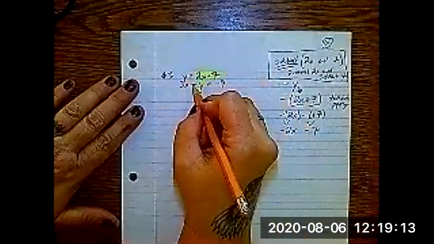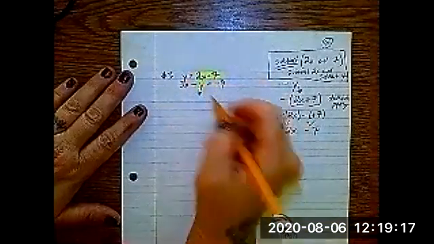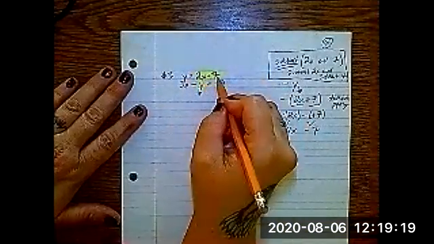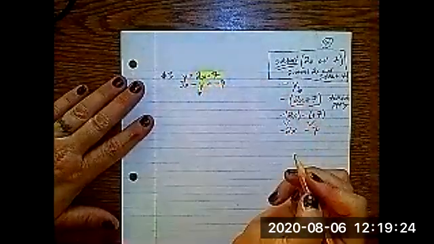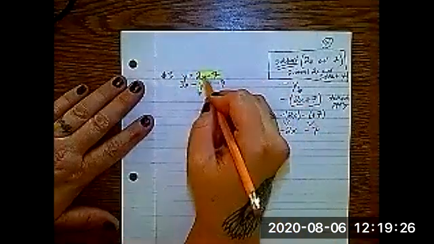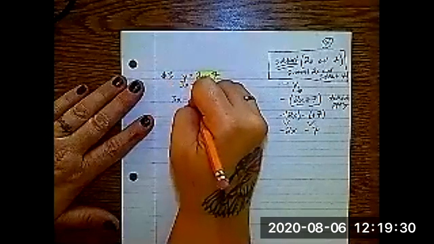But remember that this means to subtract. So you're going to subtract whatever y is. And y is two things. y is 2x and 7 together. So you have to subtract both of them. You have to subtract the 2x and the 7. So what that's going to look like when we plug it in,